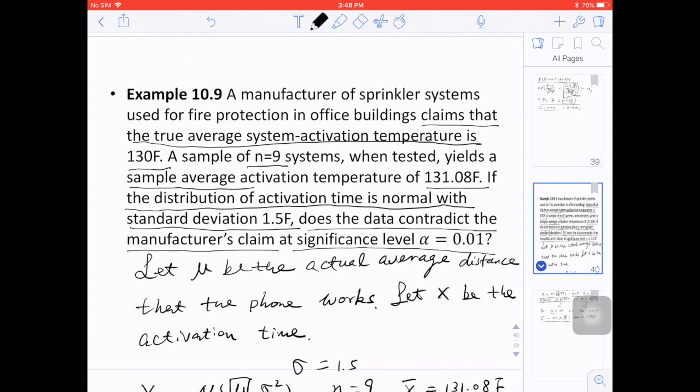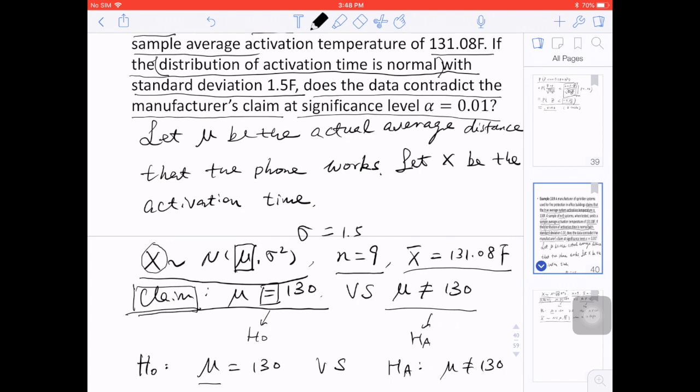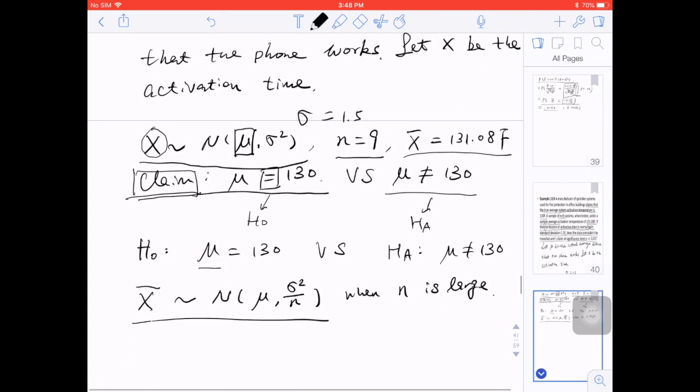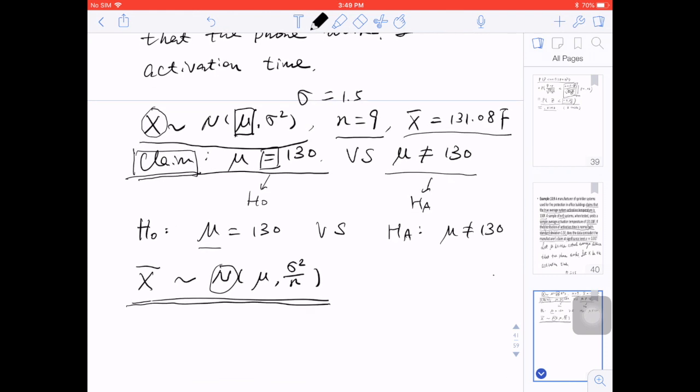But it says the distribution of activation time is normal, which means the original distribution is normal. If the original distribution is normal, then its sample mean is also normal. So you can still have this conclusion, even if your n is equal to 9 and not that large, because the underlying distribution is normal. Okay, then we can